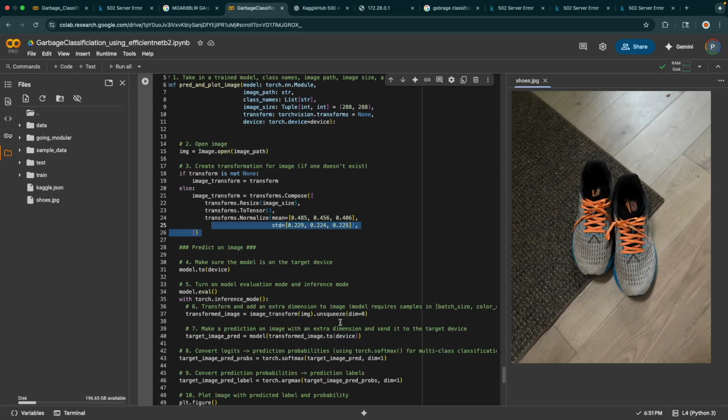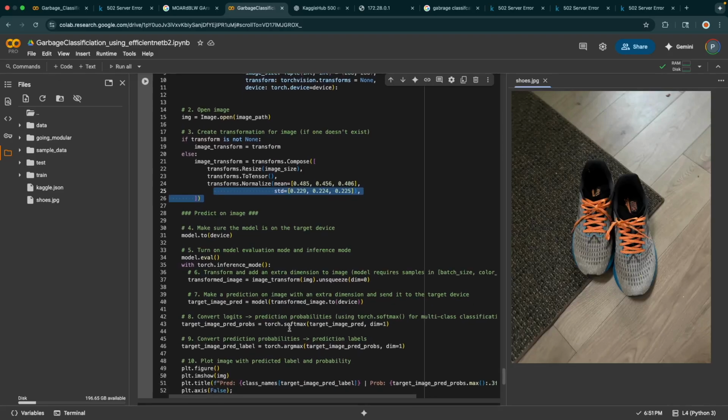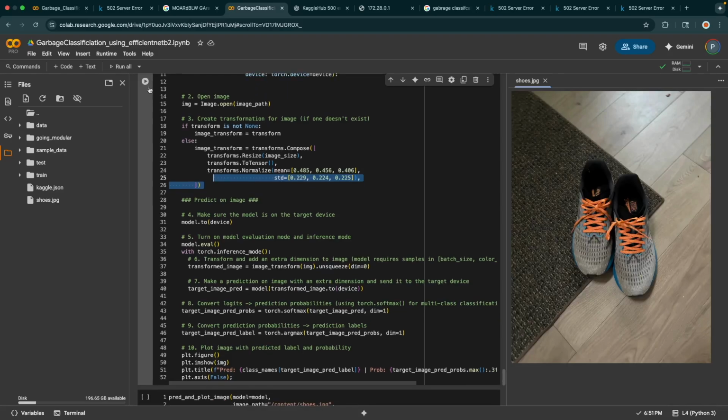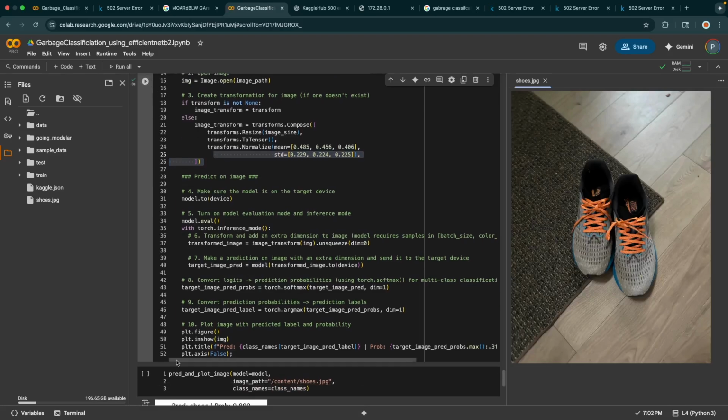We have to have a batch dimension in order to go into the model, otherwise it won't work. And then over here is making some predictions. Apply softmax to get the prediction probabilities, and apply argmax to get the predicted class label. This is a function, we run that, and then we're gonna put our image